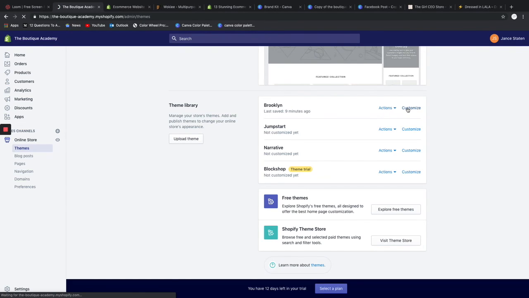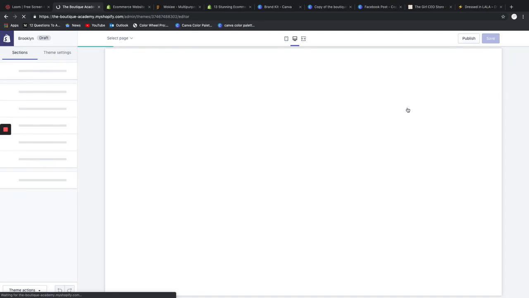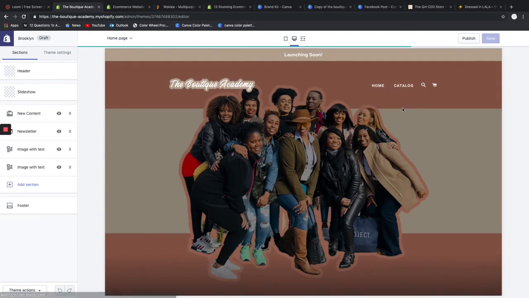So I have just begun customizing my theme. It loads here. So this is my home page for now. I may change it, who knows. But the biggest thing that I've run into when designing Shopify pages is making sure that the photo sizes are the right size. In essence, it's a pretty easy thing to figure out. I just Googled it. I Googled what size header image for Shopify's Brooklyn theme or something along those lines. And I found out that I have it written down here, my header for this theme needed to be about